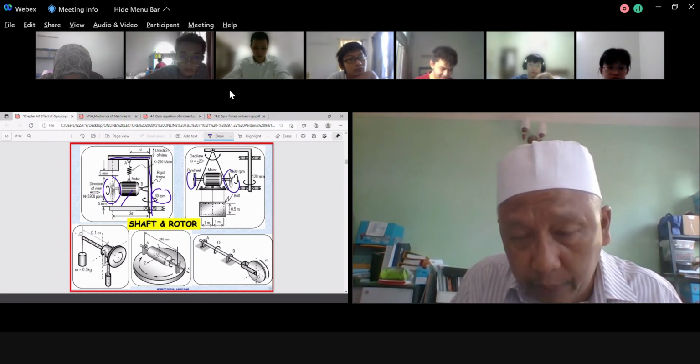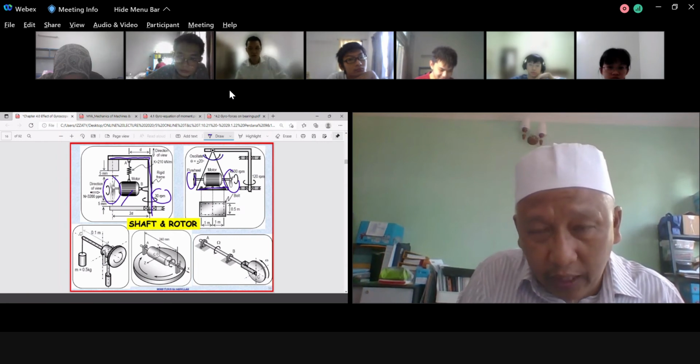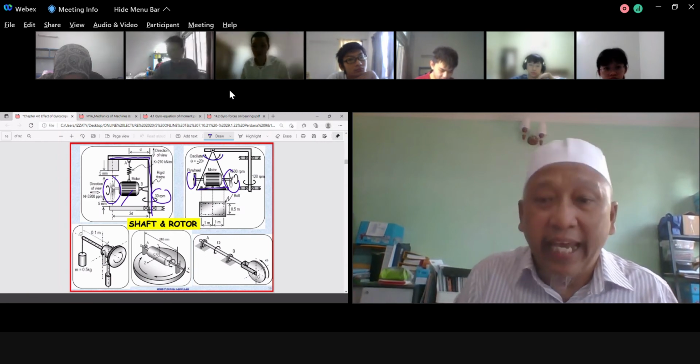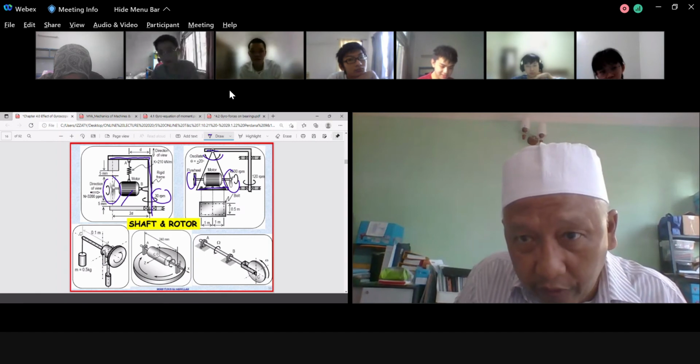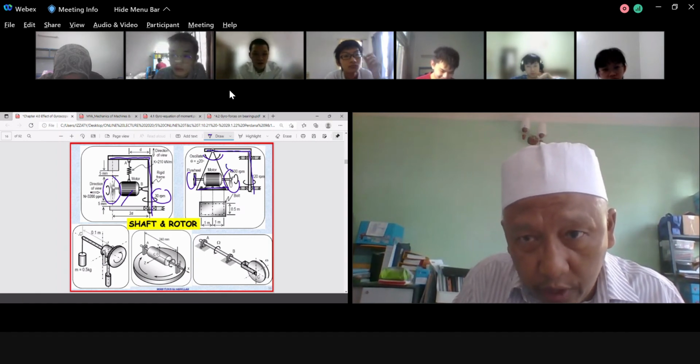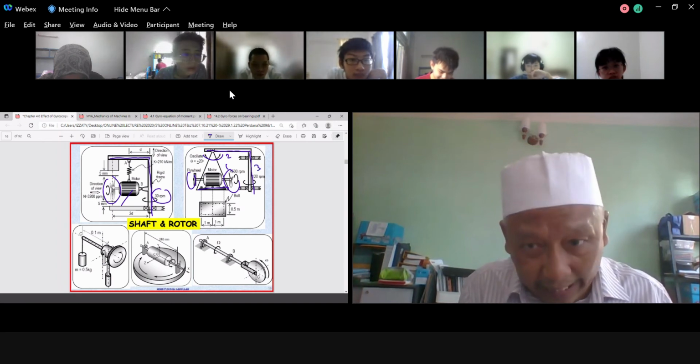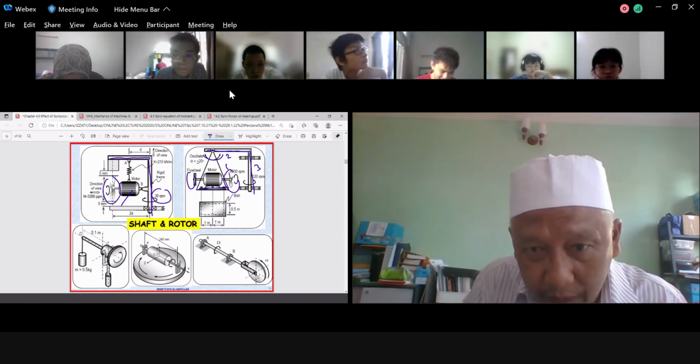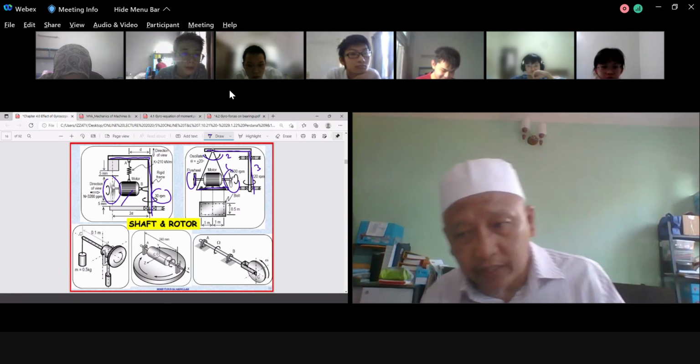The motor runs this boat, and at the same time you have a swing here. It will swing clockwise, counterclockwise, and at the same time also revolve. So how many motions do you have? One motion, two motions, three motions, isn't it? So what is the aim? To define the possibility of which bolt and nut fails.